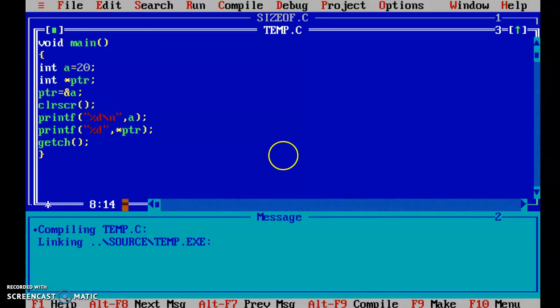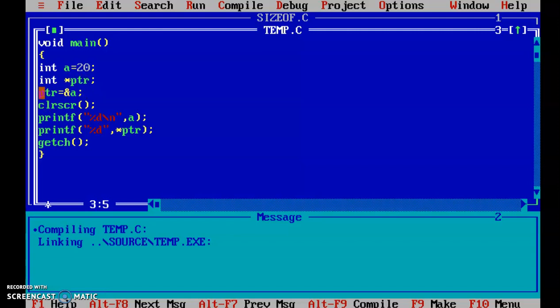Right. Now, this was a simple pointer. Have you understood this? If not, please go back to the start of the video and once again see, or I'll repeat once again. Pointer can store the address of another variable, and here in this example we have stored address of a variable into PTR.